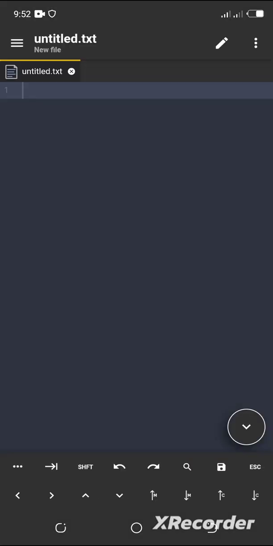So here I am in my code editor as usual. All I have to do, by now you should know how to create a file, and you should also know how to use the code editor. But still, if you haven't learned that, I have a video for that. Check the video, stay on the channel, watch the video, then come back to see our steps. So I'm going to create a file